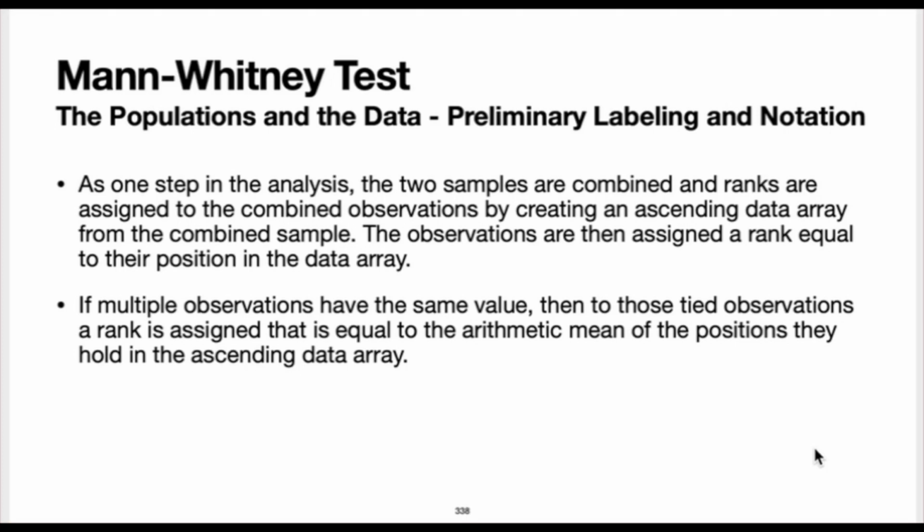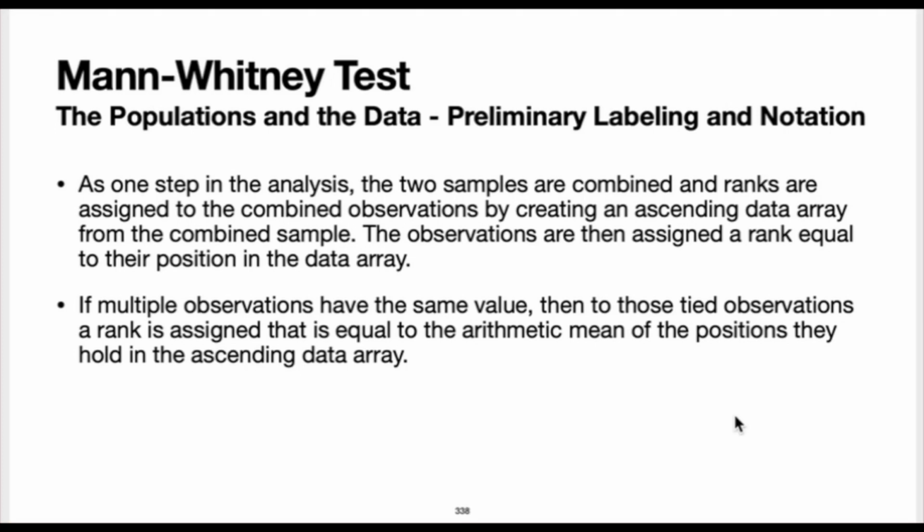One step in the analysis is to combine the two samples together, and then ranks are assigned to those combined observations. And we do this by creating an ascending data array from the combined sample. The observations are then assigned a rank that is equal to their position in the data array. So we're not going to sort the two samples separately. We're going to take the two samples, sample A and sample B, put them all together into a combined sample, and then we create an ascending data array for that combined sample,